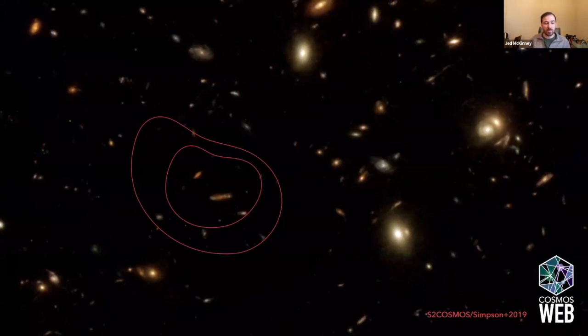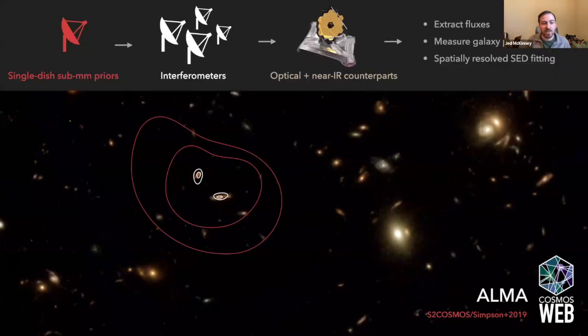So my approach to this problem is systematically using interferometers like ALMA to go in and resolve the dust emission in these submillimeter galaxies. And we find many interesting things, like this example, where we're resolving the submillimeter source into multiples. Those can sometimes be at the same redshift in some interesting merger system. Other times they're not. So just to review this methodology, we're starting from these single dish submillimeter priors from facilities like